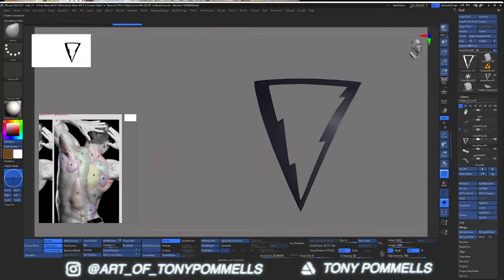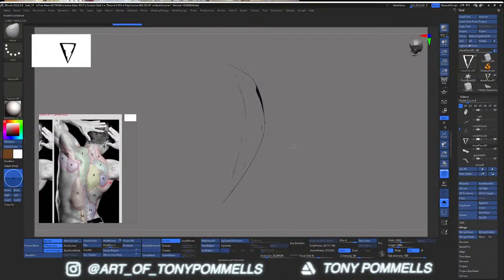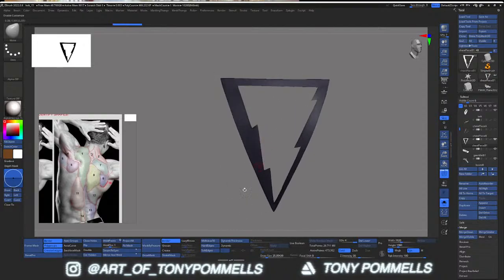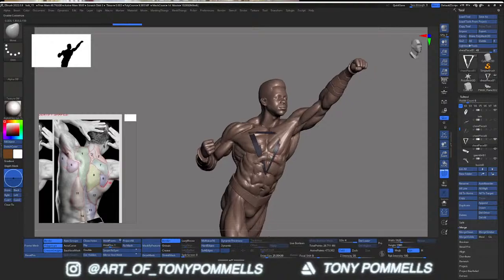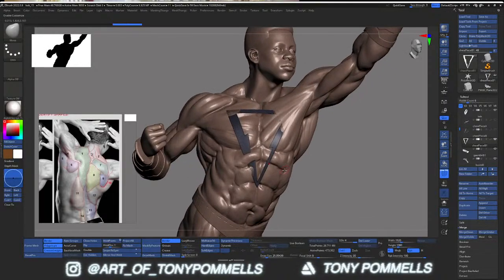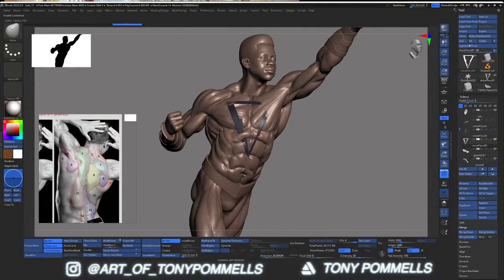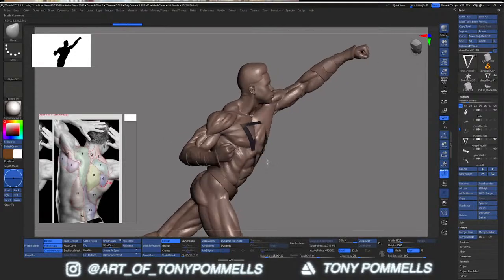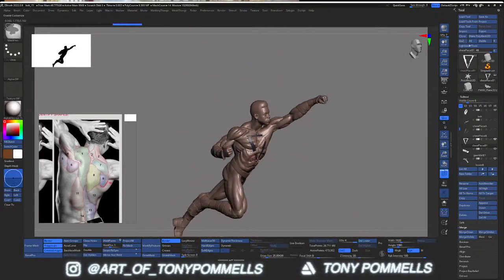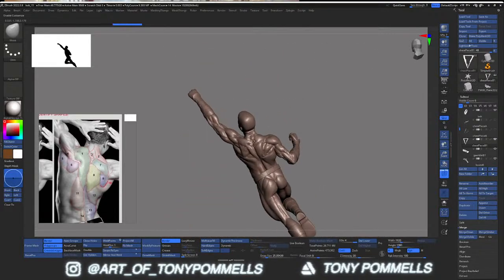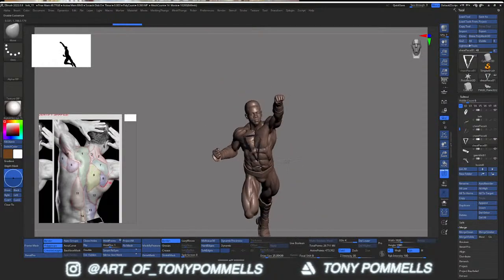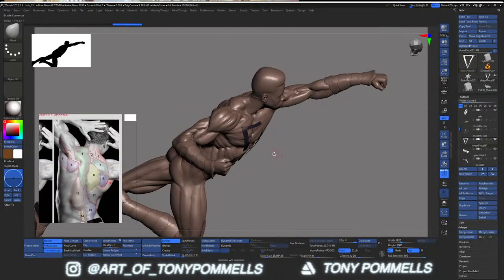So I'm trying to figure out how I'm gonna do this, because really what I want right now is to, oh wait, you know what? I don't know, should I project it and then maybe, you know what, let me try to project it. Let's see if that does something. I gotta work his, well, do I have to work his back? Might not really be seen too much, but